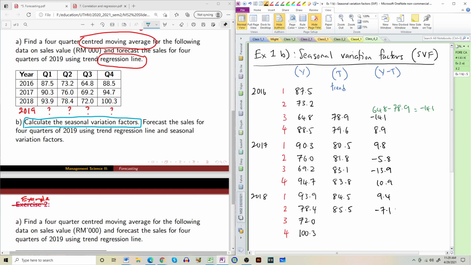Remember, we are finding the seasonal variation factor. So this is the method. Halfway we have done. We're going for the next step now. For each quarter they have a different seasonal variation factor. So we are going to find the seasonal variation factor for quarter 1, quarter 2, quarter 3 and quarter 4. So there will be 4 numbers. Alright, now I hope you guys have copied this. Next step,